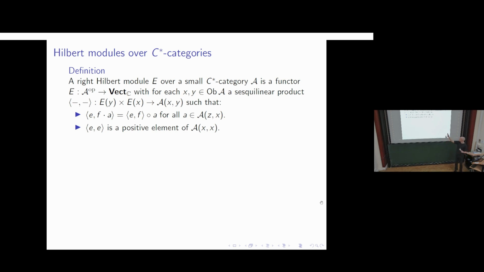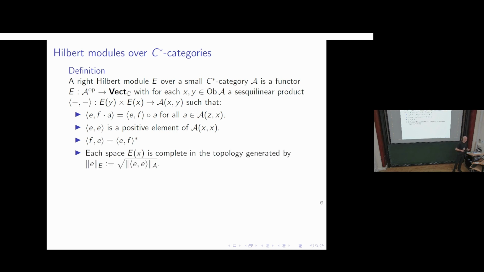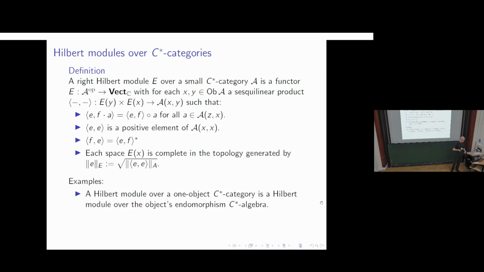E, comma E should always give you a positive element. It should be this involution relation, and finally you want every component space of your Hilbert module to be complete in the metric that this gives you. So some examples, I don't have lots of super interesting examples for the sake of time, but